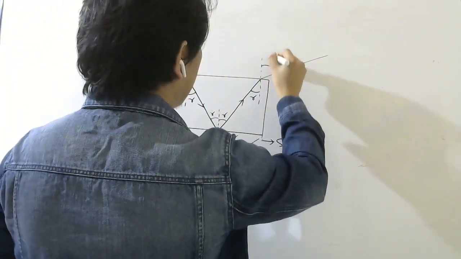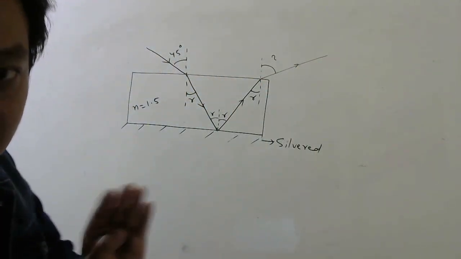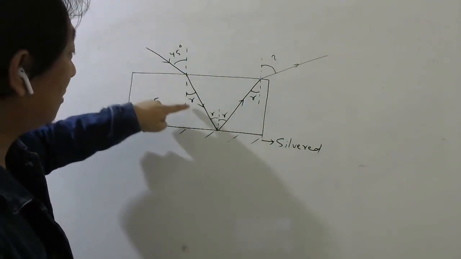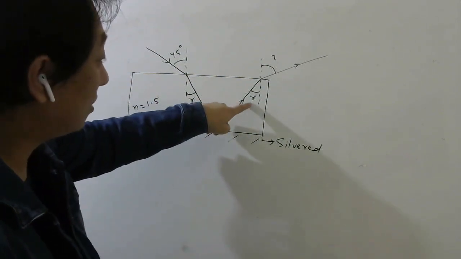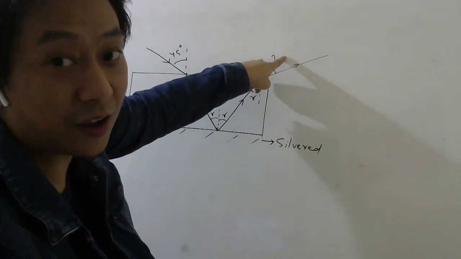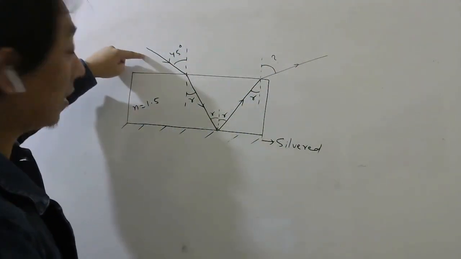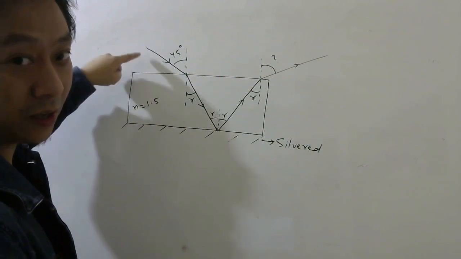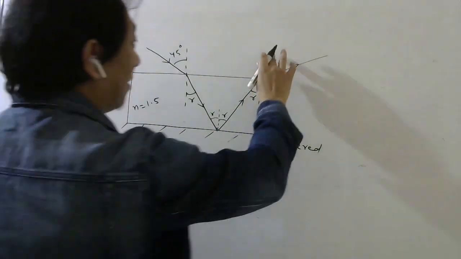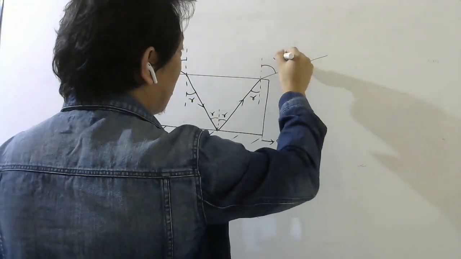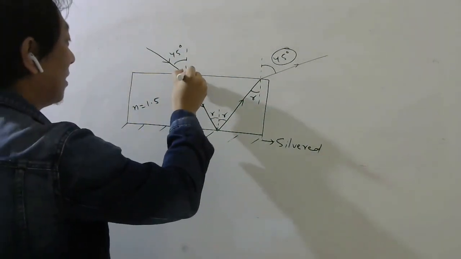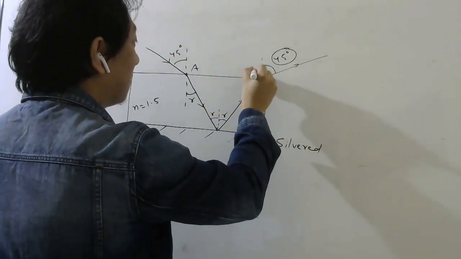Now what will be this angle? Well, if you think a little bit smartly, this is the angle of incidence, this is the angle of refraction. Now this is the angle of incidence, which is matching with this, and this is the angle of refraction. First thing. Second thing, air, glass, glass, air. So by symmetry you can directly write that this must be 45. Suppose you did not understand, then mark here A, mark here B.